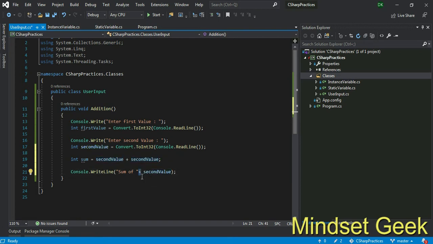Then this plus is used to concatenate string and integer, and again get some space, and again not only the second value, right? I use the first value plus, now plus. Actually this plus is used for concatenation, right?